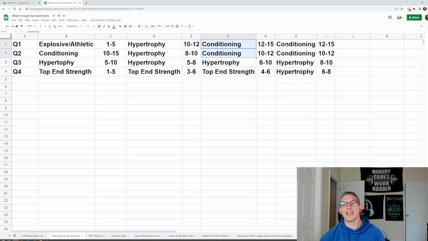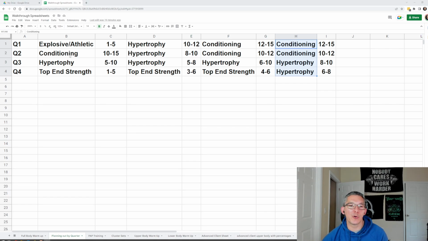And then likewise, maybe you don't want your clients to train below sixes, for instance, for whatever reason. Maybe they're a little bit older and you want to save a little wear and tear in the joints. Maybe you just don't think it's really worth it for most of your clients to start building top end strength. So you just focus on conditioning and building some muscle size. And you just repeat that over and over and over again. So there's a lot of different ways to program these training blocks. And it just depends on what you want for your clients and what they're looking for.